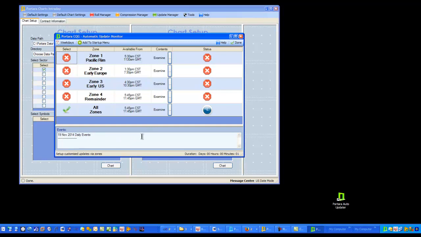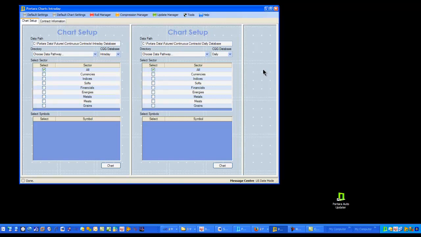And the simplicity of this is you just click on whatever zone you wish to have. Some users may not even subscribe to Zone 1 or Early Europe. They might just have a handful of symbols. Life is easy. You just do whatever it is that you need for the zones you need, and you leave this open. You don't close this, you actually just reduce it and leave it open in the system tray,